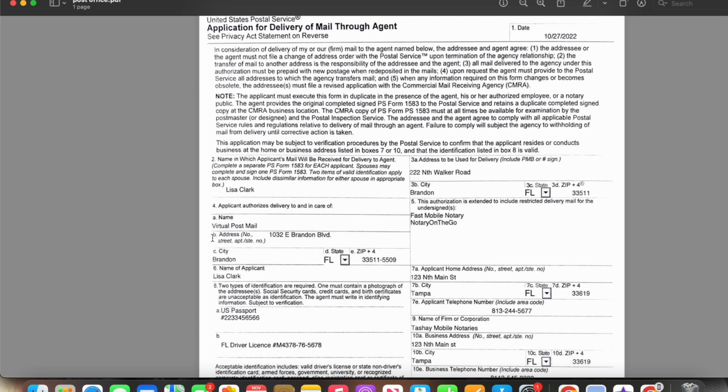4 is the company that's over that address. So it would be like their corporate. That corporate's information would go here. So the name of the corporate office, the address of the corporate office, all of that would go for number 4. And then 5, this is authorizing whoever this is, your virtual mailbox or the building or whatever, it's authorizing